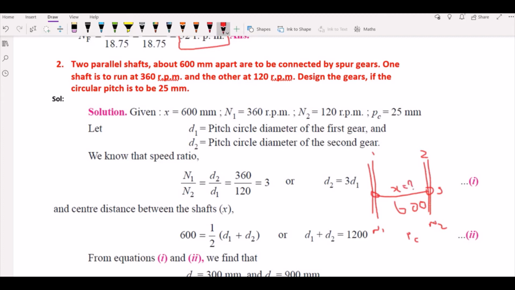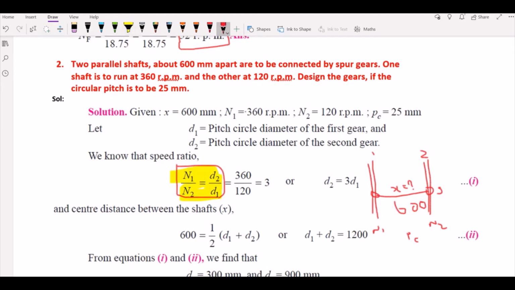Is that practically going to be the same when you take a gear train between the two gears, which are spur gears? That is what we are going to do practically. So how are we going to do it? That is with the help of the relation of velocity ratio or speed ratio. From this, the speed ratio and diameter have a very important relation. We need to remember this formula: n1 by n2 is equal to d2 by d1. This is an important relation. Please try to remember this.